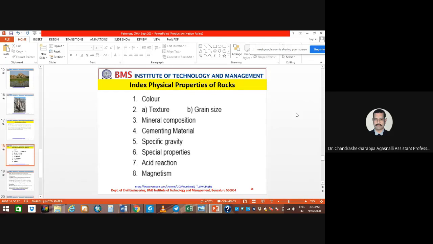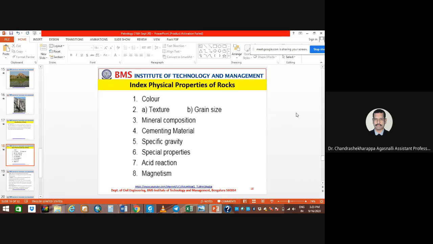Then the cementing materials. Generally, we take cementing materials in sedimentary rocks, not in igneous rocks. Why? Because when you study sedimentary rocks, first you need to understand what a sediment is. Sediments in the sense may be grains, fine grain size, medium or coarse ones. These are completely sedimentary rocks. Sedimentary rocks, by definition, are the weathering, transportation, and deposition of the grains, and at the same time it will start